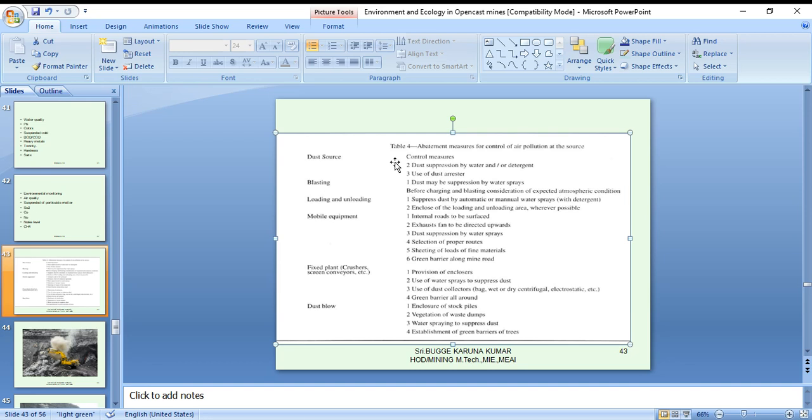So these are the actual remedies for different activities. How you remedy dust sources: blasting, loading and unloading, mobile equipment, fixed plant, crusher, screen, conveyor, etc. Dust blows. So these are the remedy measures, and abatement means reducing so as not to reach high levels.